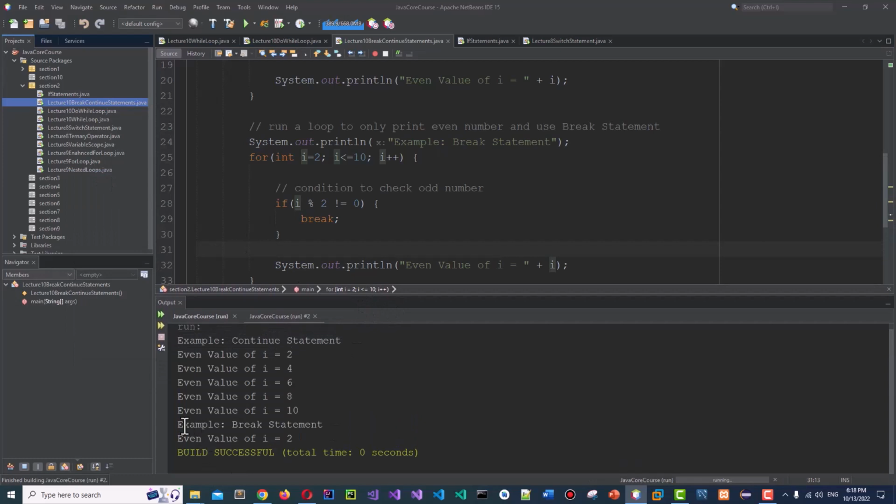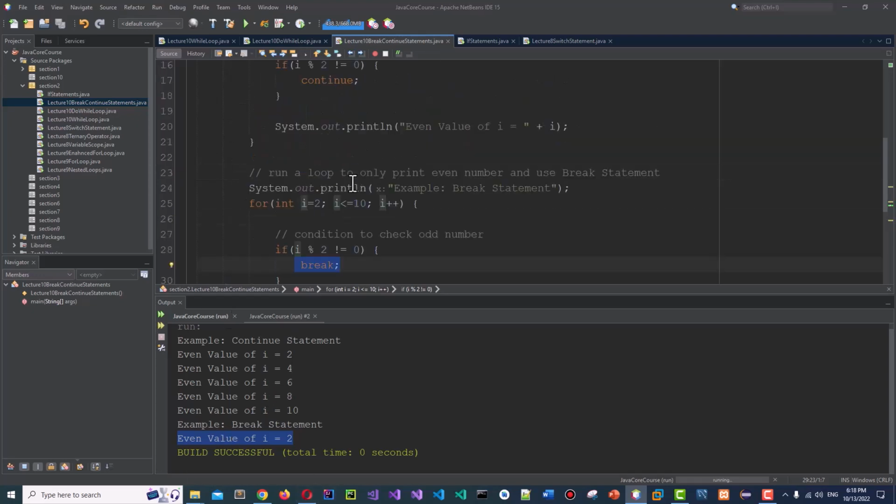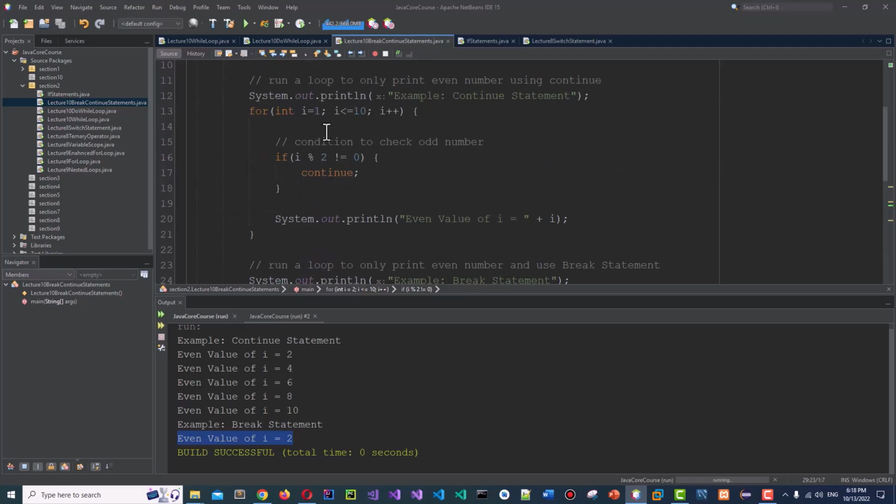So guys, example, this statement is printed, loop started with 2, and this is an even number, so this will skip the if block and print this one. It goes to the increment, makes the value of I equal to 3, that is an odd number, and enters into the if block and breaks the loop. Nothing else will happen. It breaks the entire loop. Continue only breaks the current iteration of the loop. This is how break and